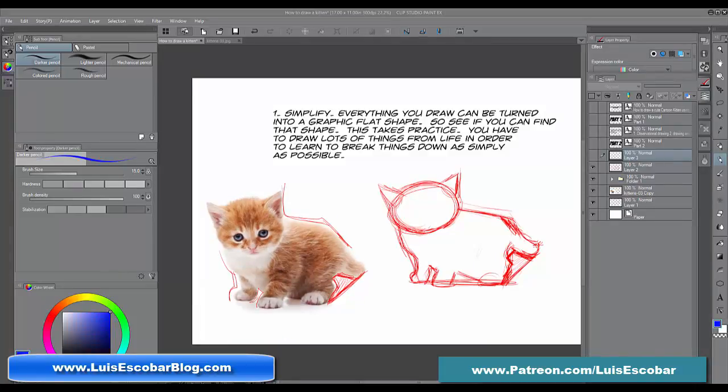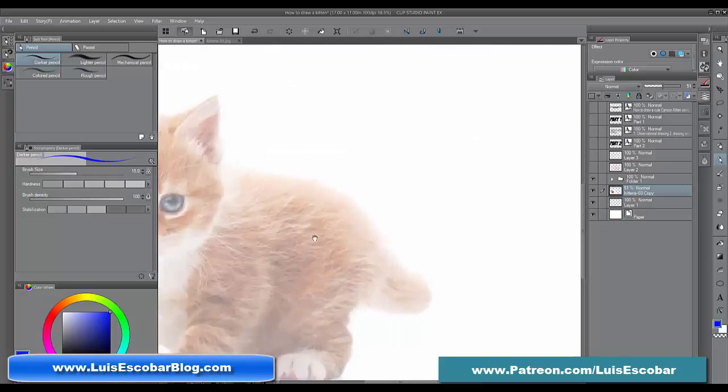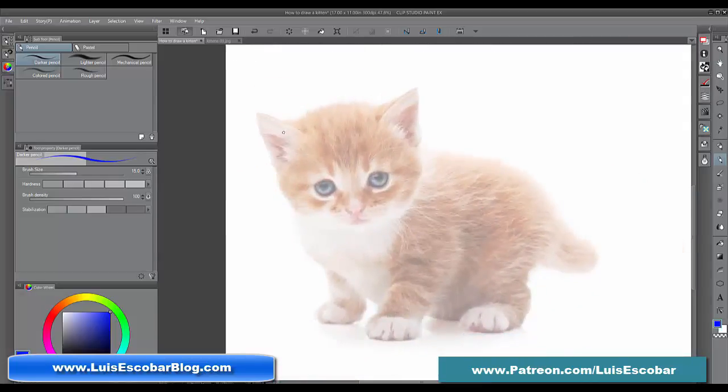All right, so now it is exercise time. I'm going to give you a little something to practice so that you can get good at doing this. What I want you to do is get your reference, and it could be a printed out photograph, and you could get tracing paper, or you could do what I'm doing here digitally, bring it into Photoshop or Manga Studio or whatever program you've got. And I want you to take your reference and find the graphic shape that makes up your reference. In this case, looking at this simple little cat,